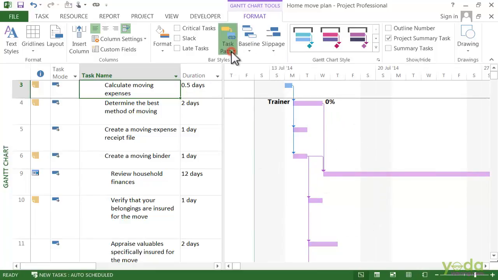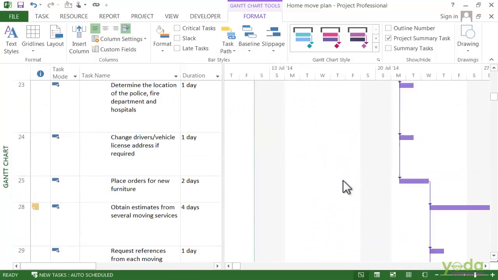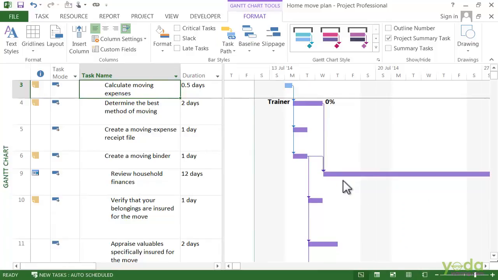I will also select the driven successors. So these are the driven successors here, and in this case the darker purple shows that these tasks are directly controlled by the finish date of the design of the calculate moving expenses task.